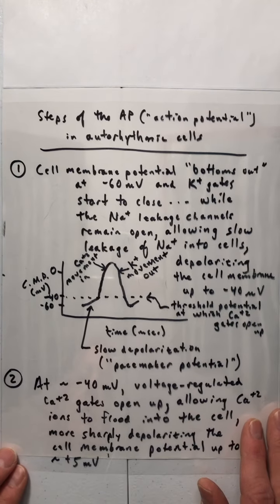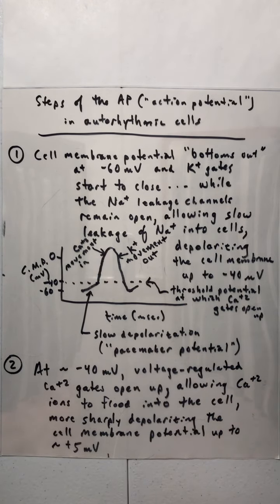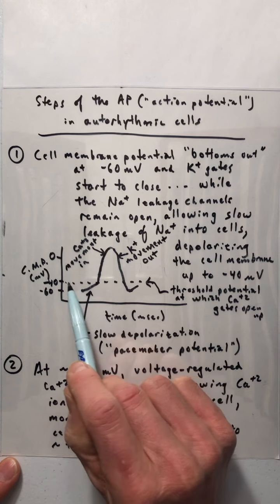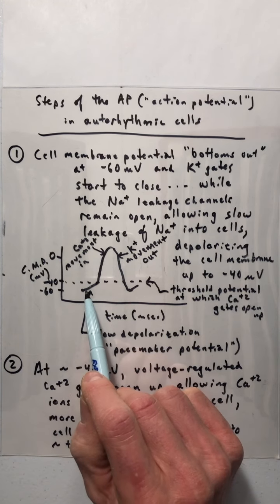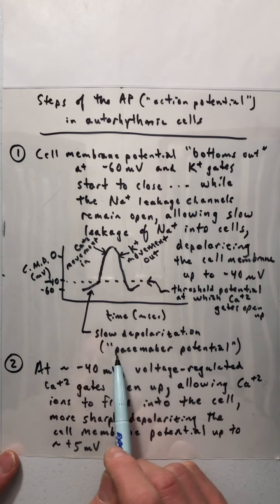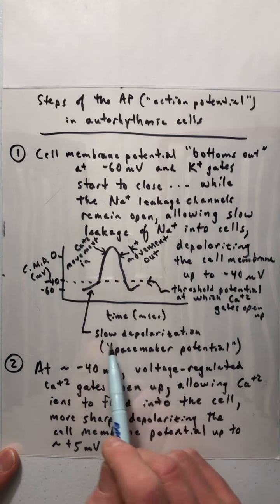Last time we were talking about the autorhythmic cells and how they generate action potentials. And we went through the steps of this. These notes are from last time. And I pointed out that the trigger for the action potential is when the cell membrane potential reaches minus 40, and that the slow gradual rise from minus 60 up to minus 40 is called the pacemaker potential, or slow